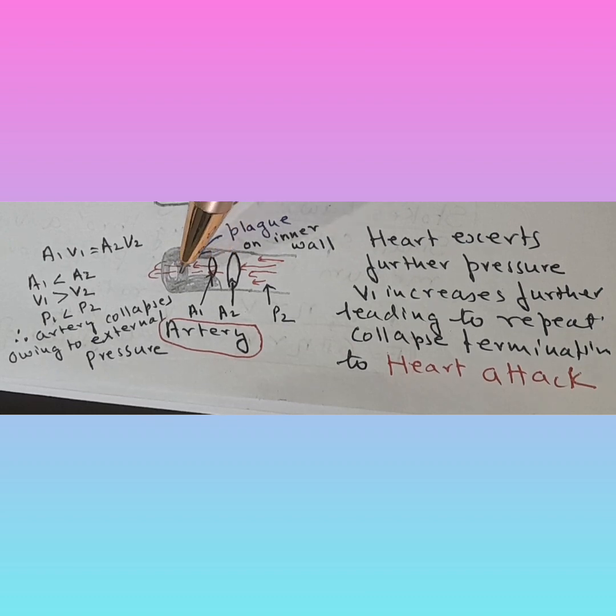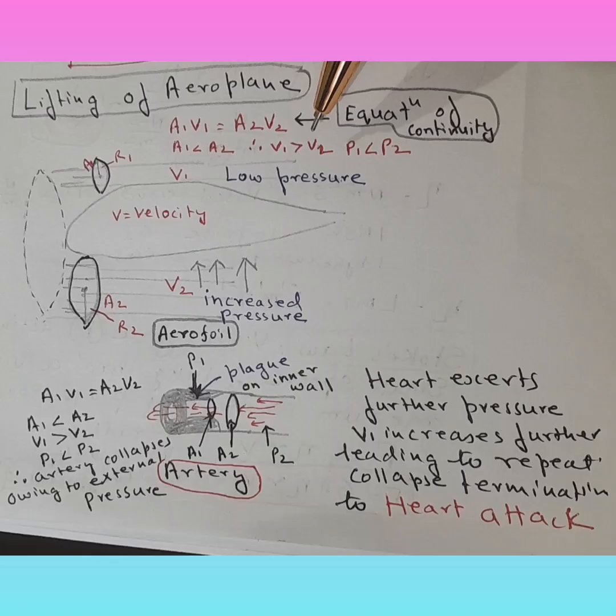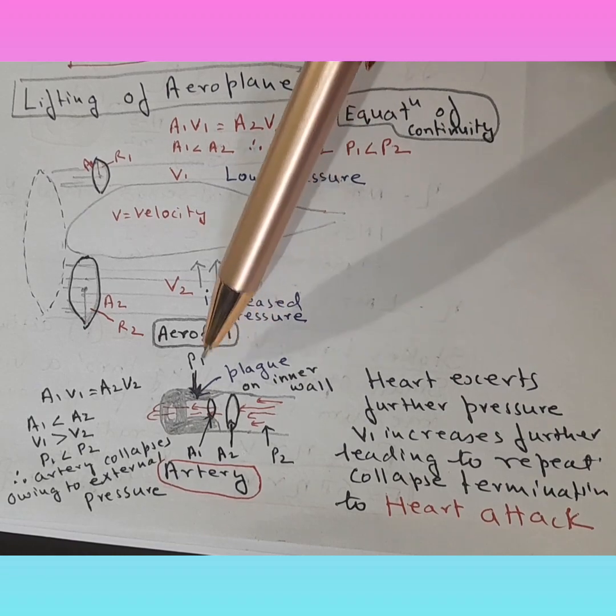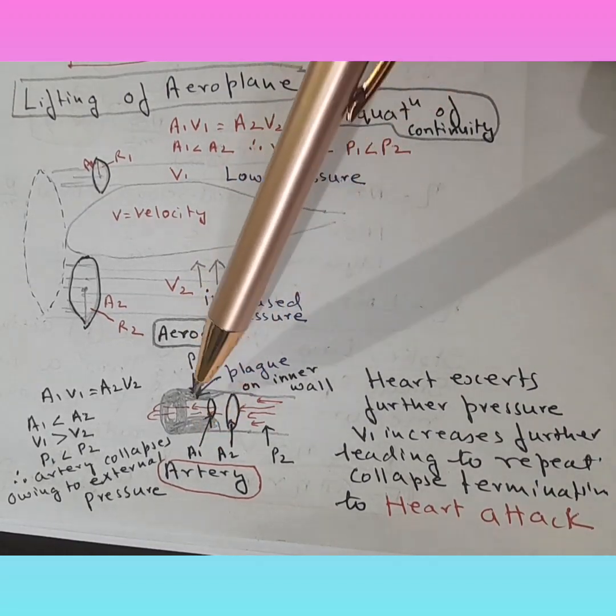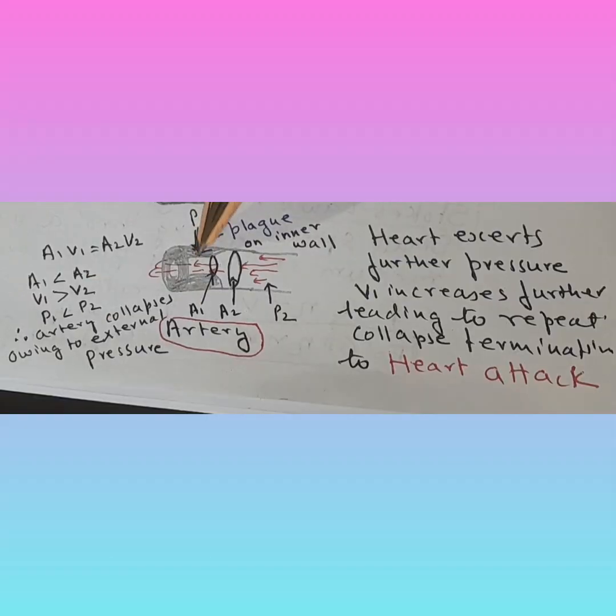Now since velocity is high, we already saw the relationship: if velocity is high, pressure is low, so there is too much pressure from outside. Low pressure, so the surrounding pressure pushes the artery down, and it gets constricted further, and as it gets constricted further, velocity increases further, pressure decreases further, again further constriction, and boom,